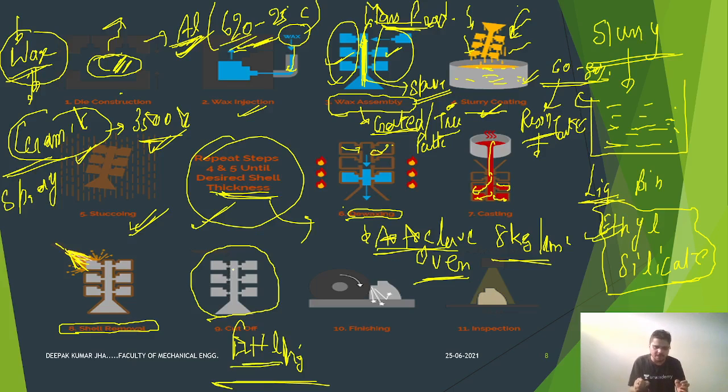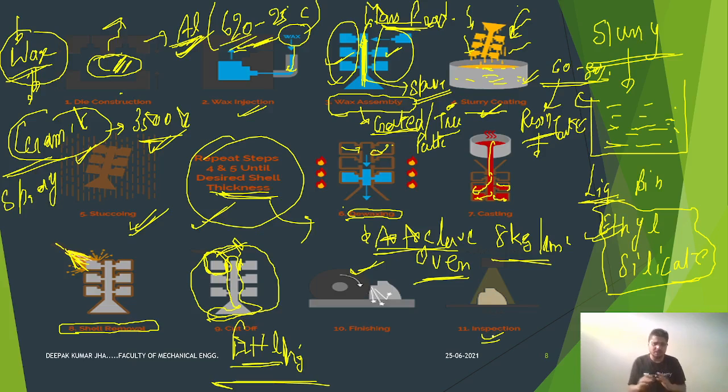Now you have to remove the gating elements from here, and only the important casting or pattern part is removed. Now it is casting, so the casting is being removed, and the rest of the gating system is again thrown back in the furnace to produce the metal used, so that it can be recycled again and again, right? And this finishing process is carried out with the help of a grinding wheel or whatever process is suitable for you. Then the material is finally inspected by our inspection team, so that any defect, if it is there, can be rectified, right?